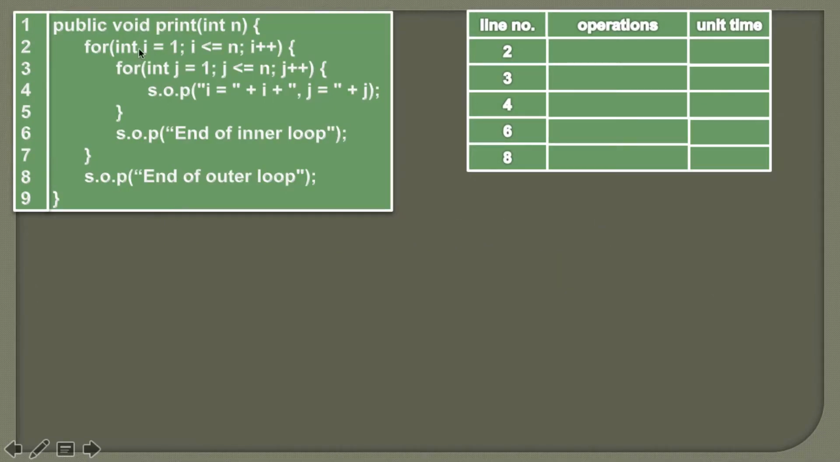So here we are given an algorithm and we are also given an integer n. Now what we are doing in this method is we have provided a for loop which goes from i equal to 1 to less than or equal to n, and it gets incremented by 1 for each iteration of this for loop. And for each iteration of the outer for loop, we have again provided a for loop